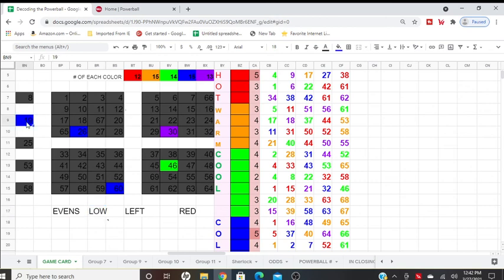This 19 kind of shares the square with the 67, so you can see it's on the low side. More to the left. 1, 2, 3, and more to that red. 1, 2, 3. Okay, so